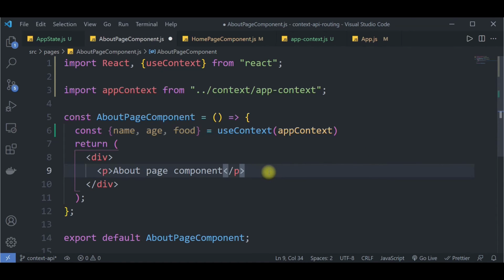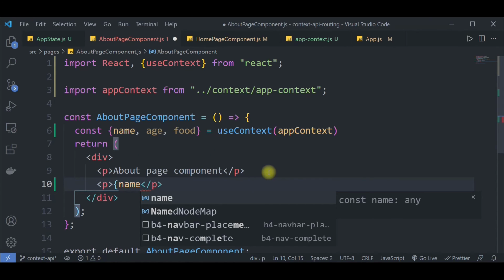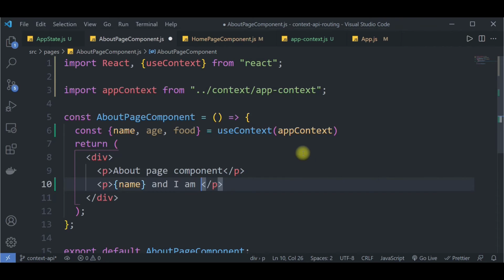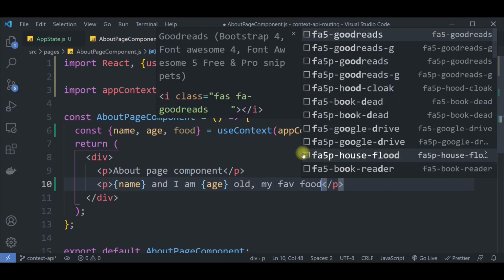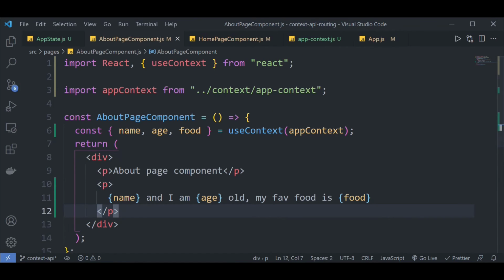Now down here, I have access to the state data, and I can say my name is Abu. So paragraph: my name is Abu, and I am age old. My favorite food is, and I pick food. Very good. So when I save this, back to my application, when I go to the about page, I should see